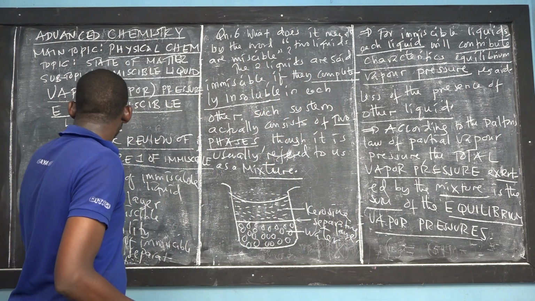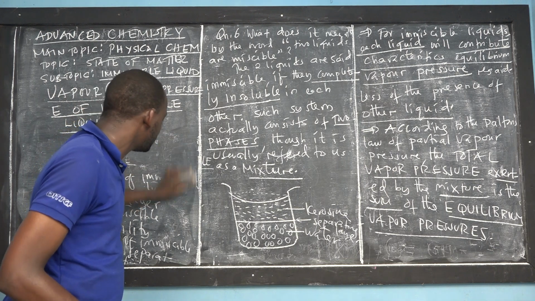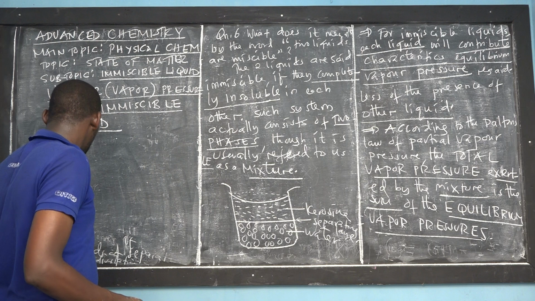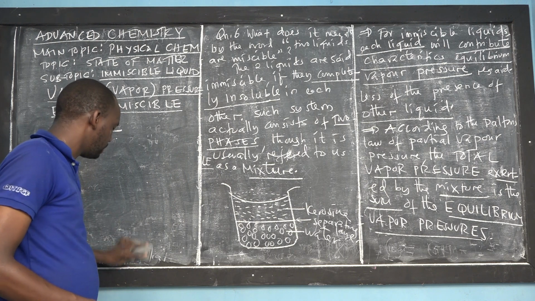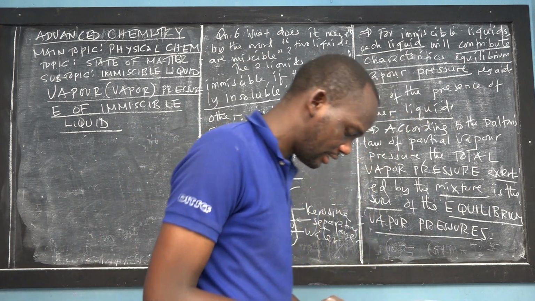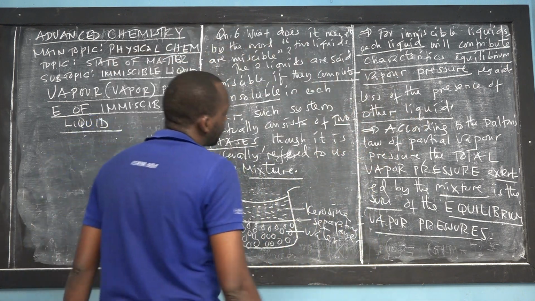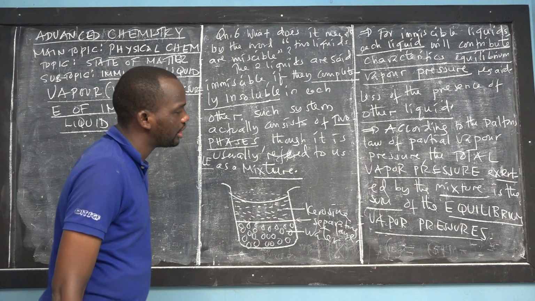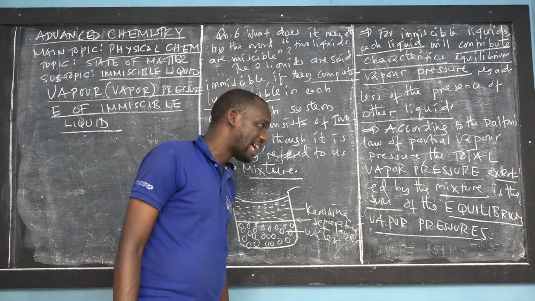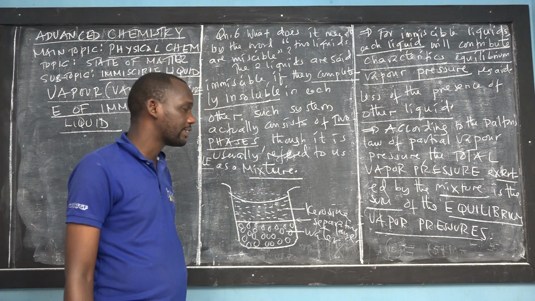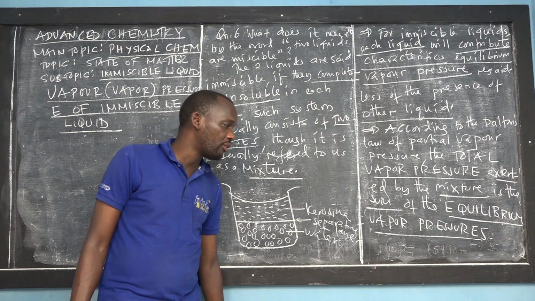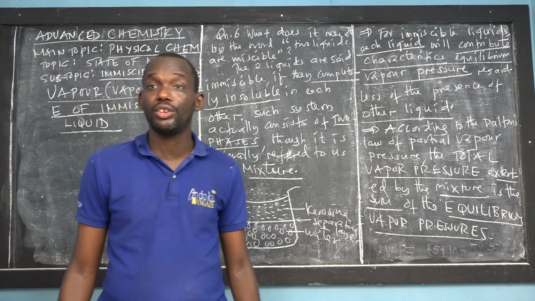We learnt it in the gaseous state, but we have to recall it for mixtures of liquids, especially immiscible liquids. So how does it state? According to Dalton, the total vapor pressure exerted by a non-reacting mixture is equal to the sum of the equilibrium vapor pressures of the individual